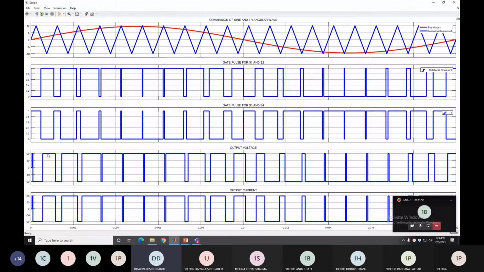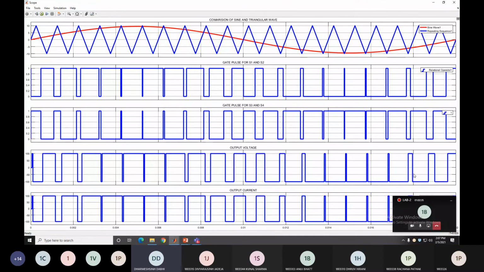Here you can say the width of output voltage is this at the starting, but as you move to 90 degree of a sine wave, the width of output voltage increases. But as you move from 90 to 180, this width is reduced and becomes minimum here at 180. In the negative cycle, you can see that the width is increasing, but in a negative direction. From 180 to 270 degree, from this to this, the width of output voltage is increasing, but in negative direction. And 270 to 360, it is decreasing.